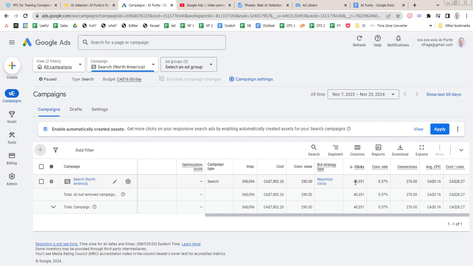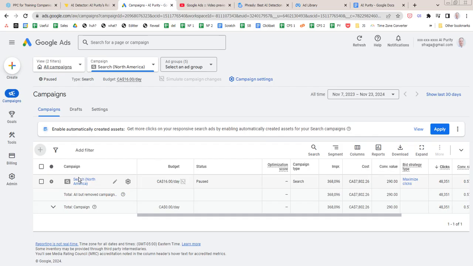So maximizing clicks is really maximizing spend. It's not very expensive, only 16 cents per click, but that definitely adds up when you have however many clicks, wherever it is, further to the right or the left. Bottom line is you had $28 per conversion, but again, almost all of them are file downloads, so it's unlikely that that produced revenue.